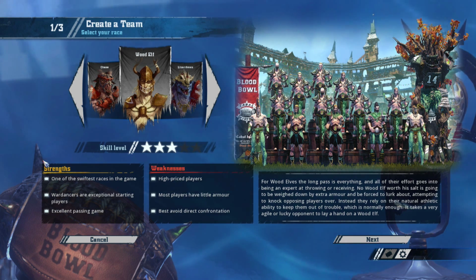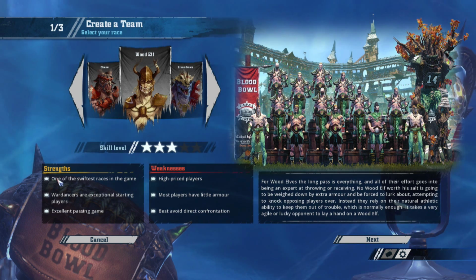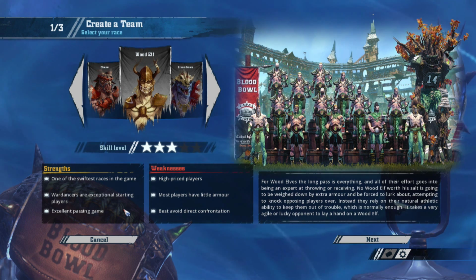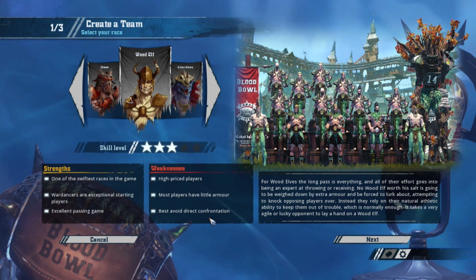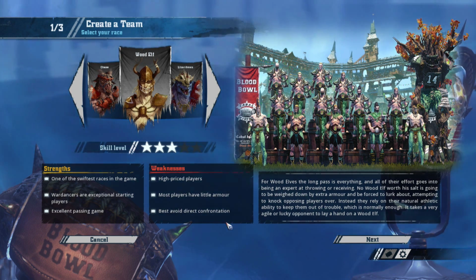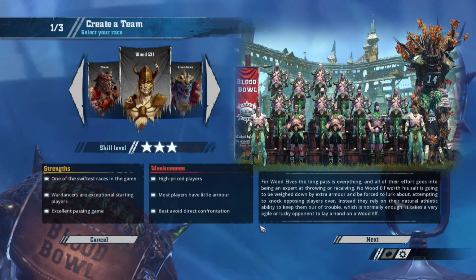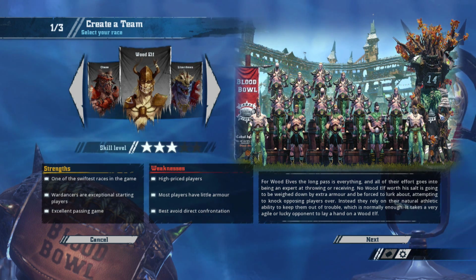Otherwise, nice scoring team, with a lot of the same advantages the High Elf team has. Good passing play, and they can dodge through a lot of tackle zones. But you still have some of the same disadvantages: high-priced players, and that fragility is a big problem. So not a physically oriented team. You can do some physical play with the tree men, but